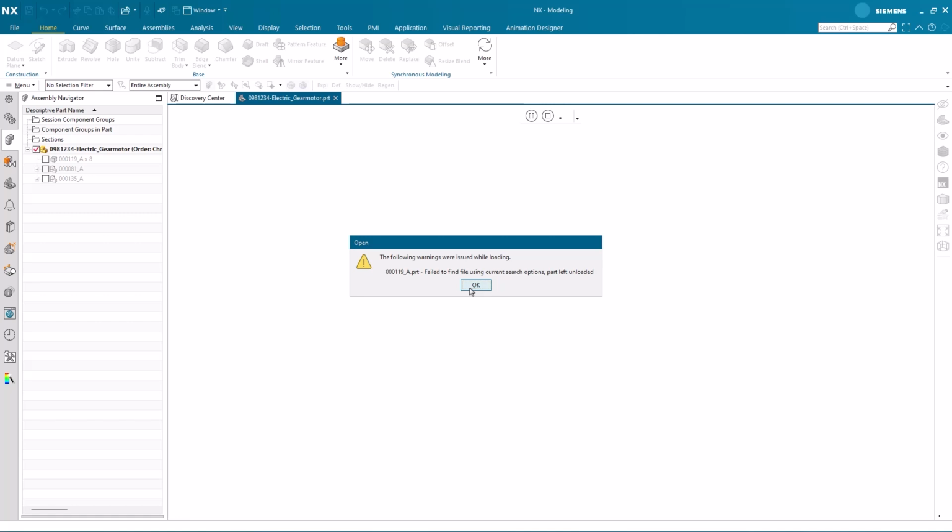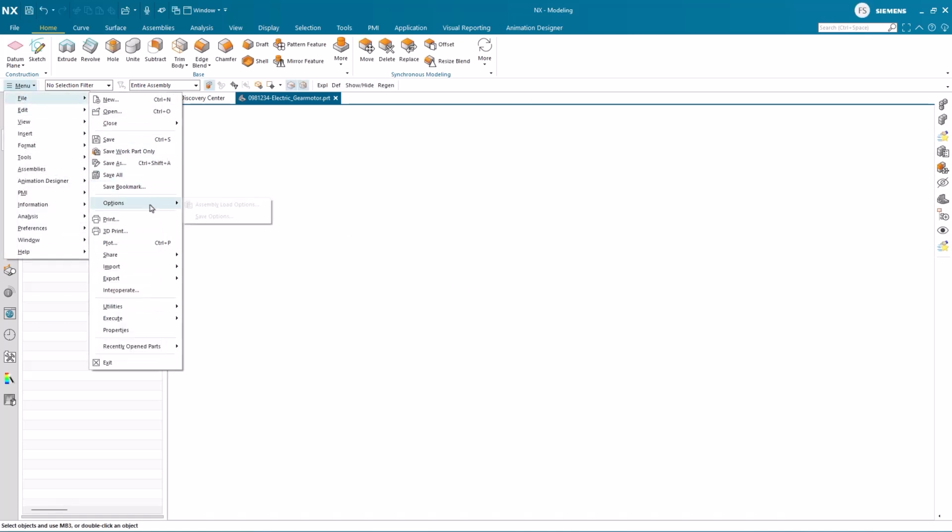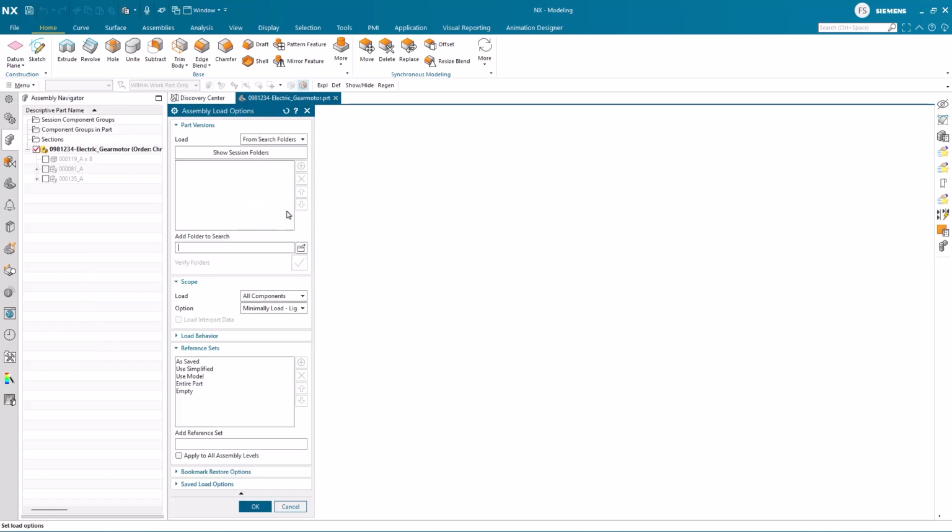We can do that with the assembly still loaded by Menu, File, Load Options, Assembly Load Options. Now, in this case, we can change from the From Search Folder option to the As Saved option, or we can continue to use the From Search Folder option and define a path to where the files reside on the file system.